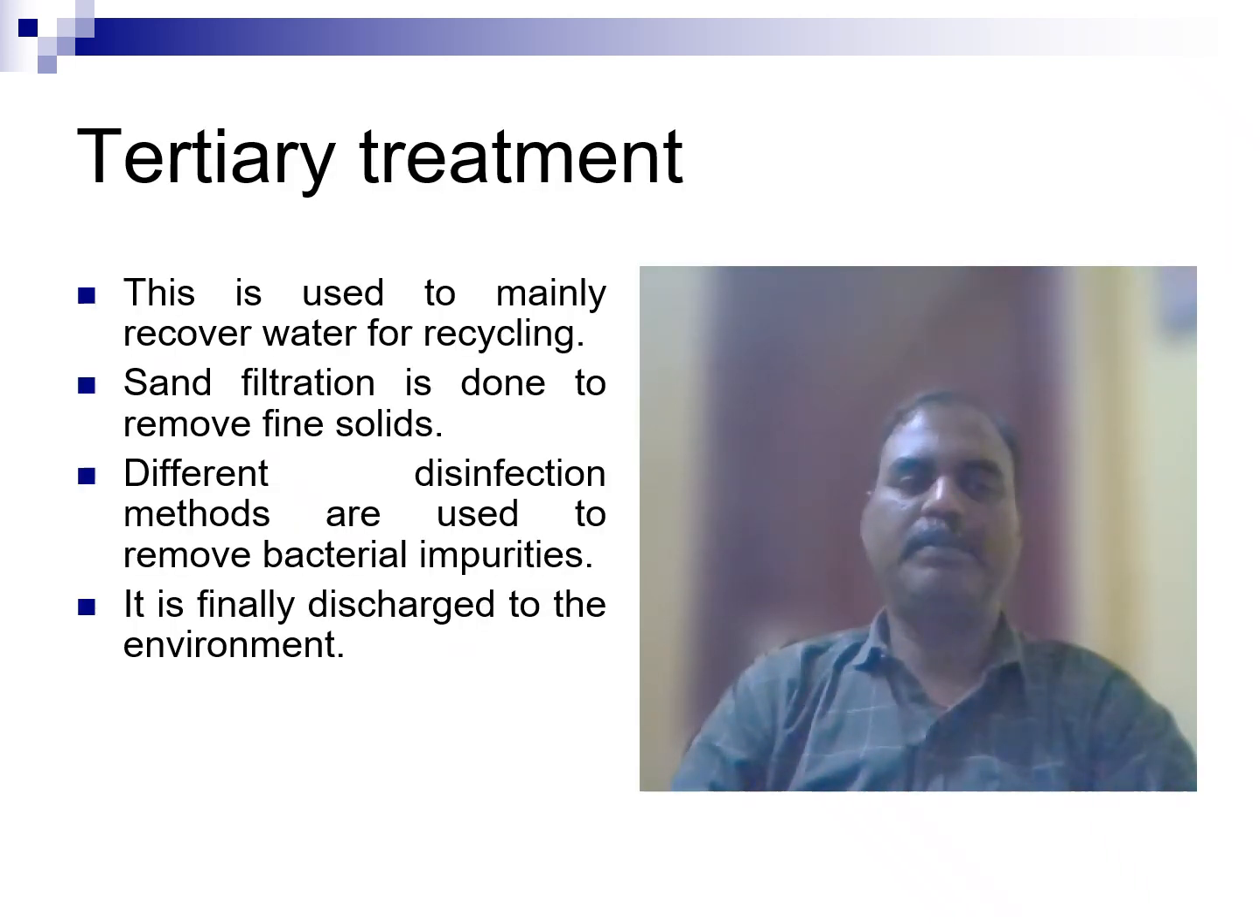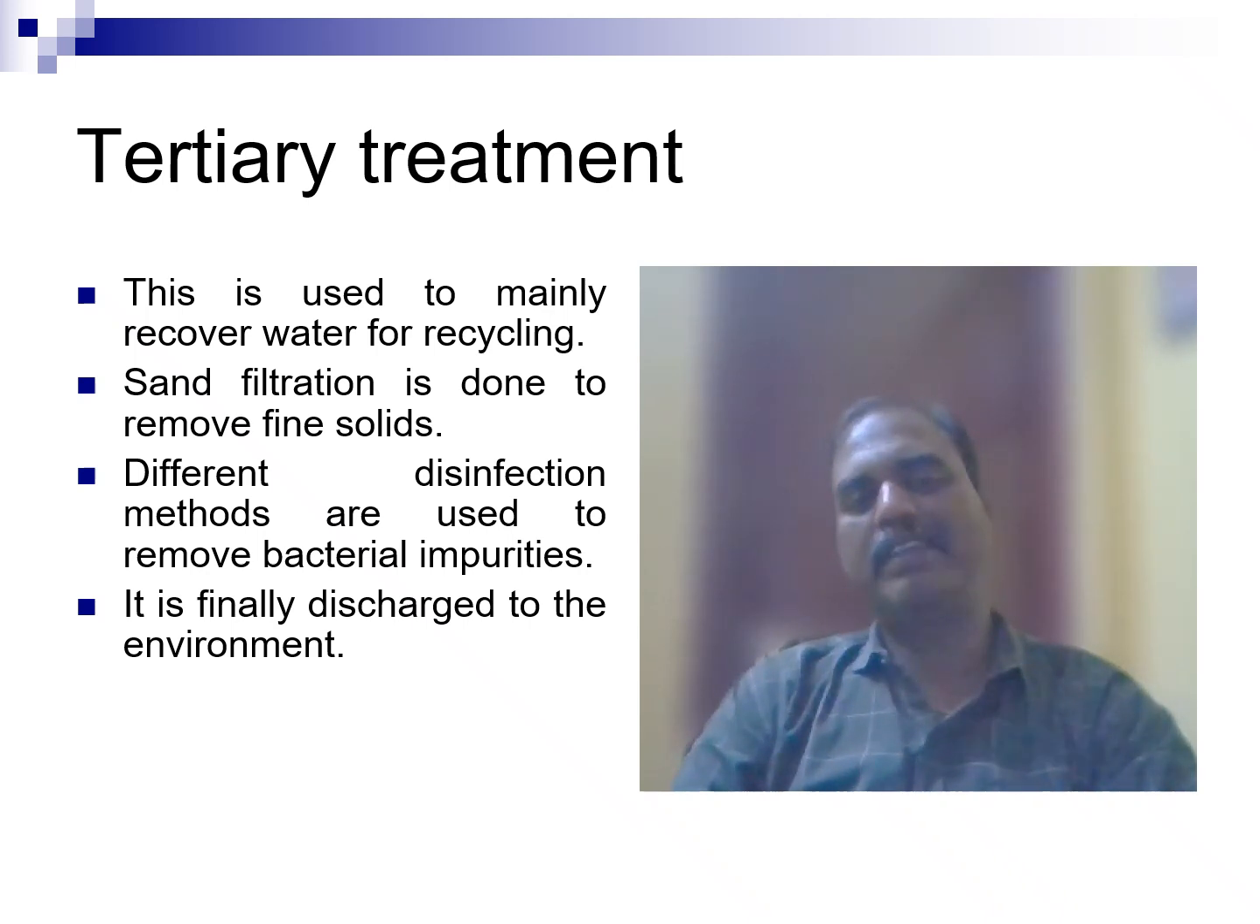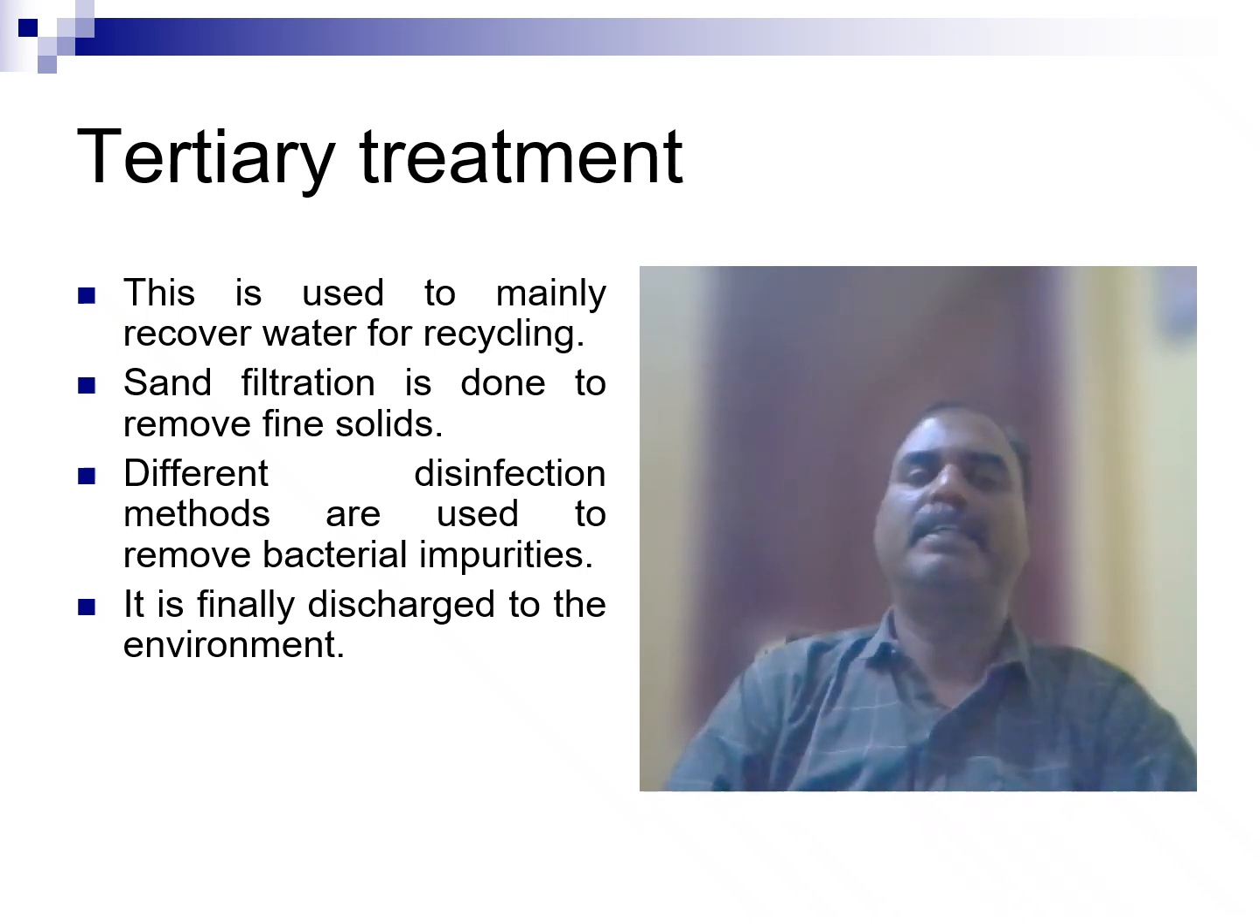So what is the pressure treatment? This is mainly used to recover water for recycling purposes. We have different kinds of filters. The top layer may have fine sand. Then we have different kinds of gravels: large size gravels, then fine gravels, then coarse sand and then fine sand. Then, after the secondary treatment method, the treated water